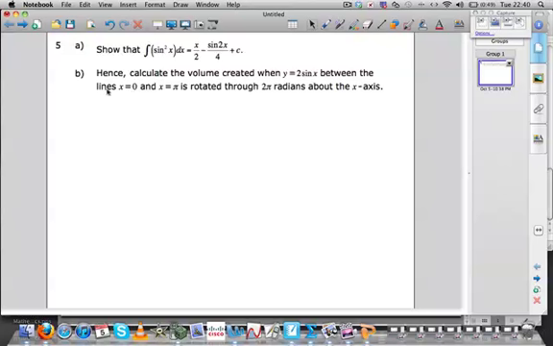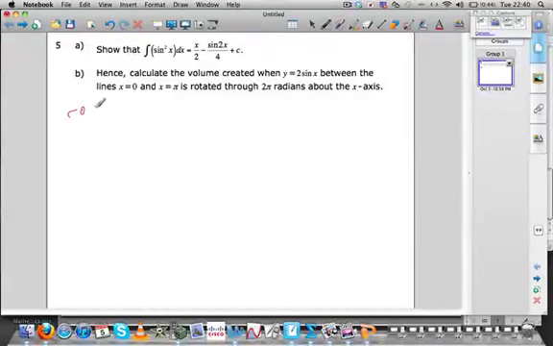All right, so this is from the volumes of integration 2, I think, around the x and the y. Number 5 here asks us to show this integral. That's a standard one. We've done that one before in class. So basically, we're going to use this property that